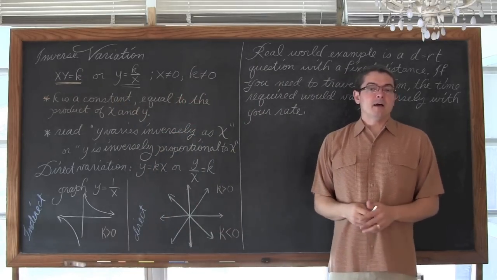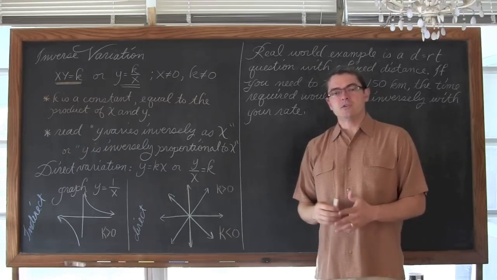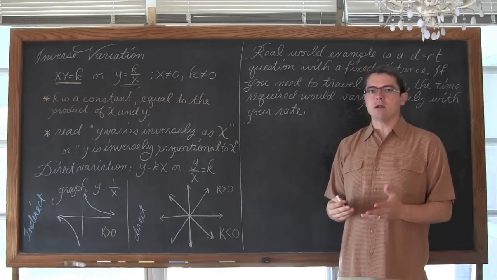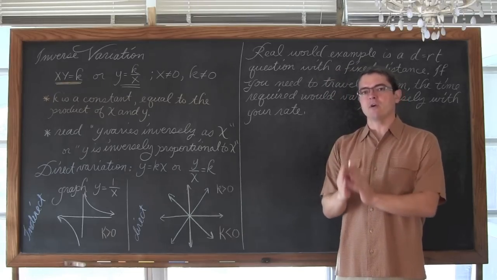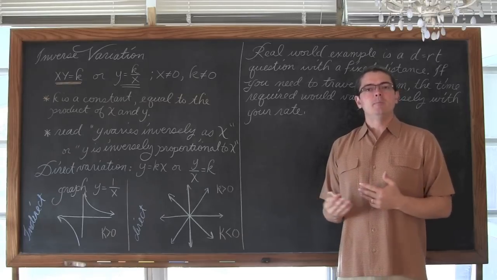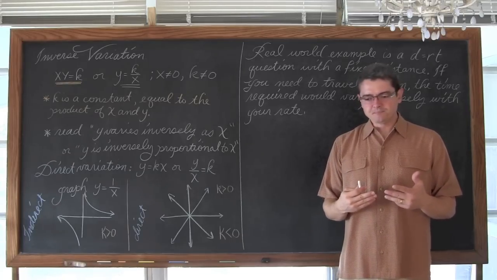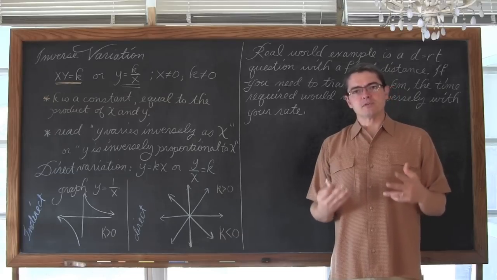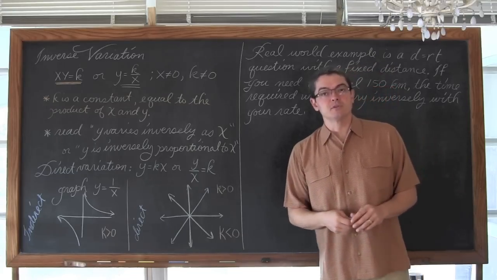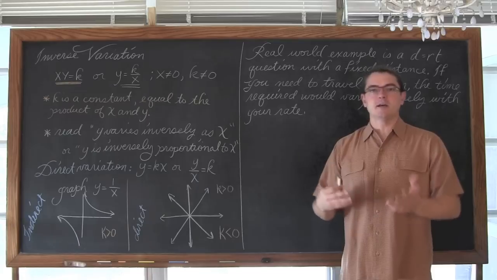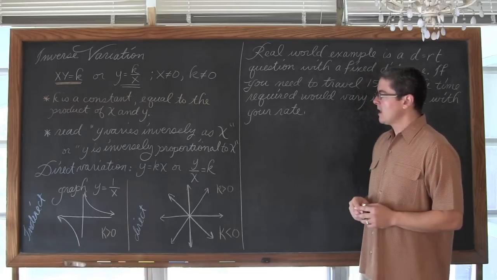And I think it's a good idea to maybe not even worry about writing it as y equals k over x, because what is x and y? Instead, use the full words of those variables that are in the problem. That way you can keep it in context, what number goes where and whatnot.